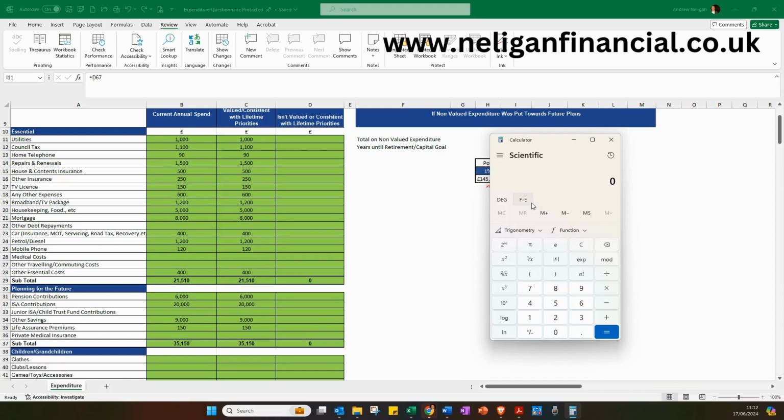And so what we're going to do is work out what the future value of £58,000 a year is for a start, because we need to allow for inflation, because over the years inflation will reduce the purchasing power of our money. So we need to make sure that we can maintain that purchasing power so we can maintain our desired lifestyle. Now, inflation going forward, we have to make an assumption for. We don't know what it will be.